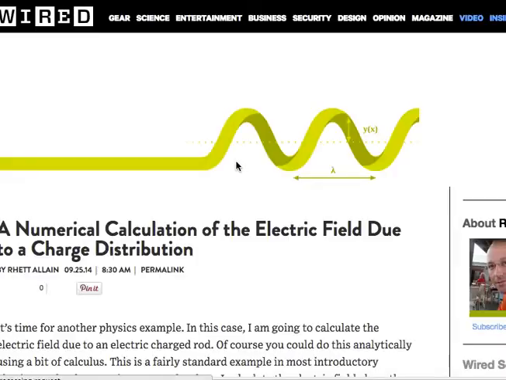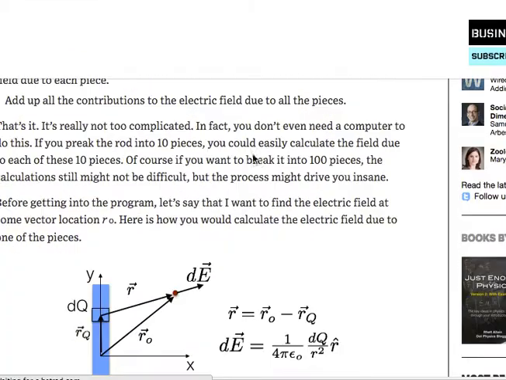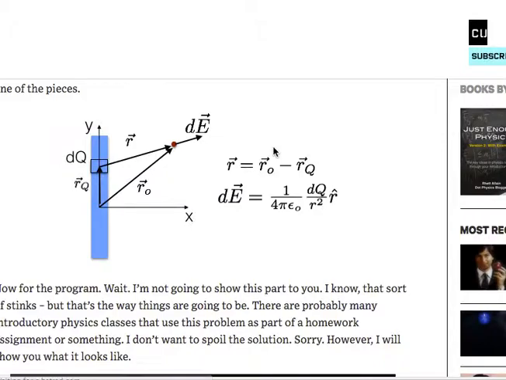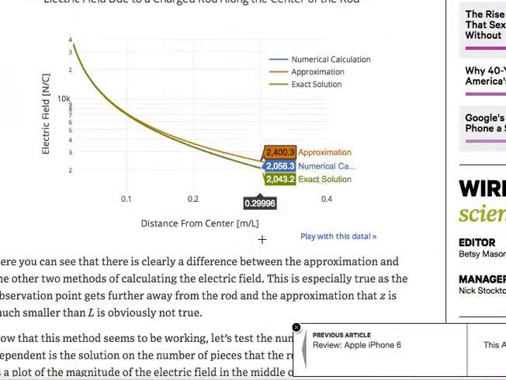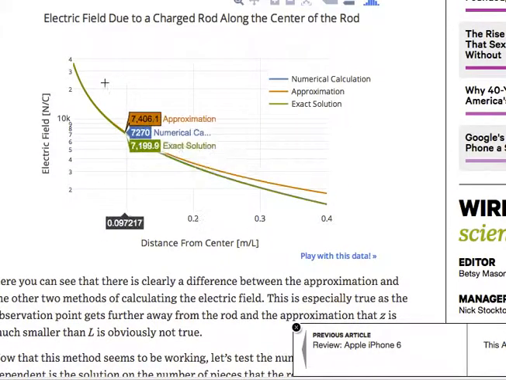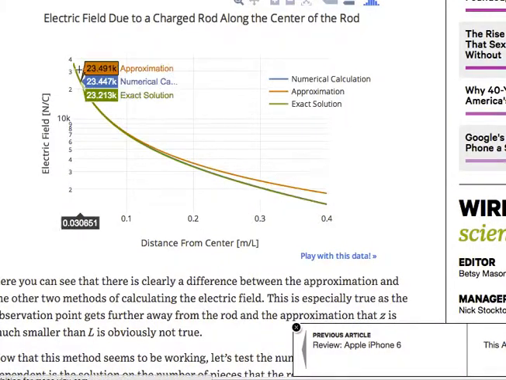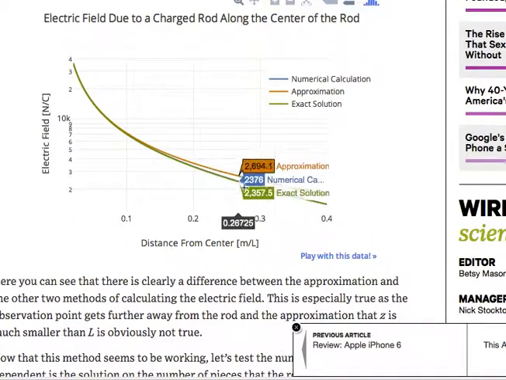Here's some graphs of some of the things that you could do. Here's more details of what we actually did. This is what it would look like if you put a whole bunch of arrows all over the place. Okay. If you go in the center, then the green line is the exact solution that you